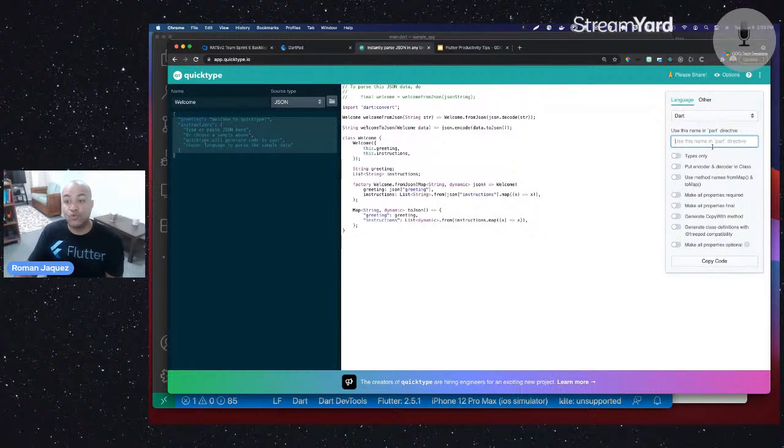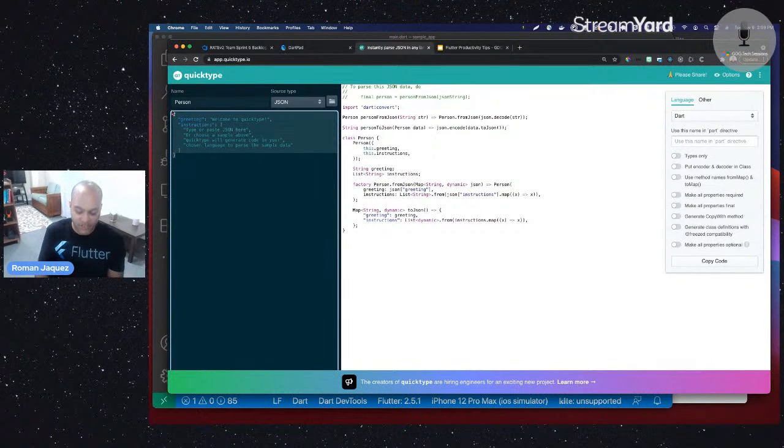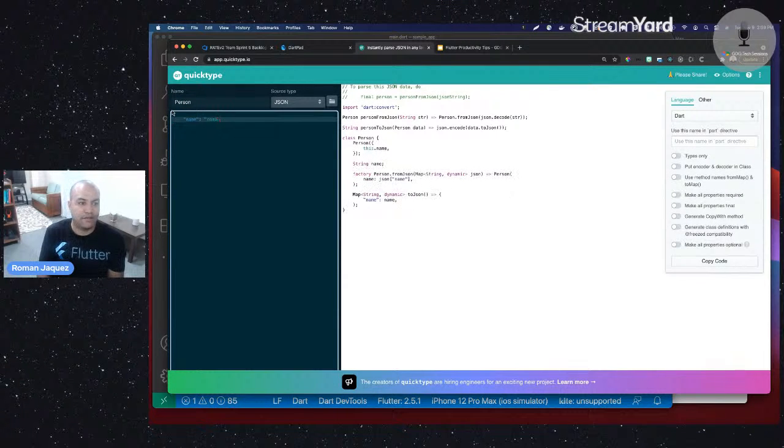And then you can add types only, you can check methods and whatnot. But what I just wanted to show you is that here you define whatever the name of the class will be. For example, in my case, we said person. And then the JSON object will have a name, like I had before, let's say Roman. And then, if I do something like this and I want to convert this into a class,